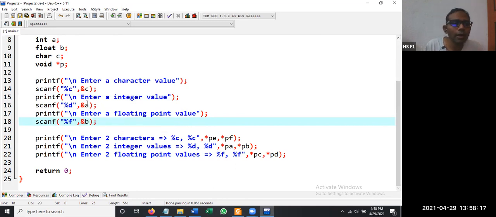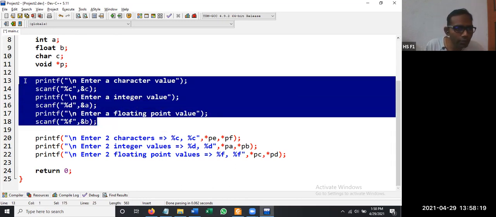So this is how we are going to accept normal variables. There is nothing new in this. So first we are accepting a character, then we are accepting an integer, then we are accepting a floating point value. Now we have to print these values.